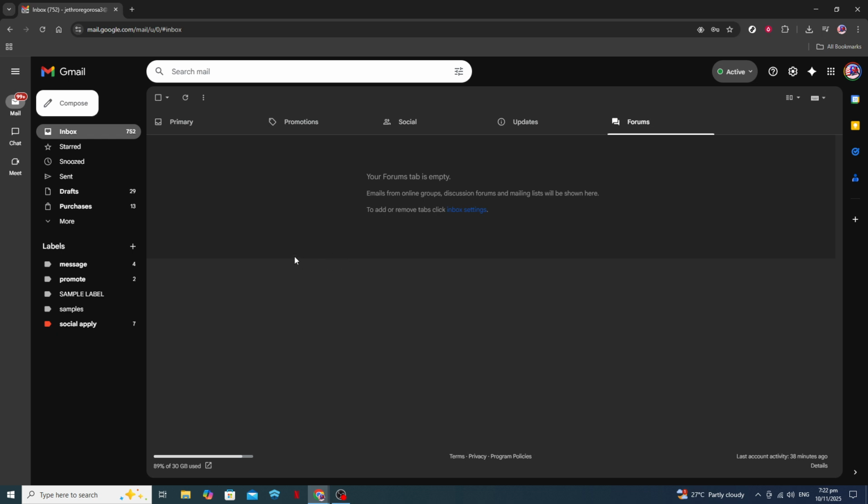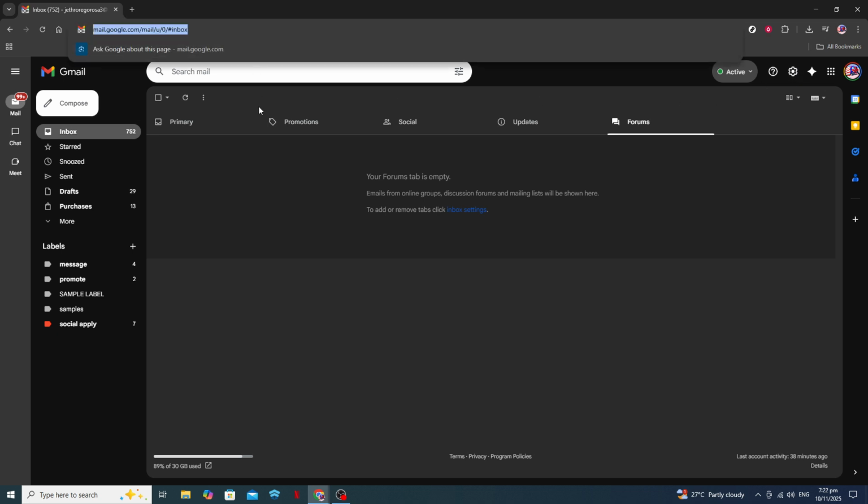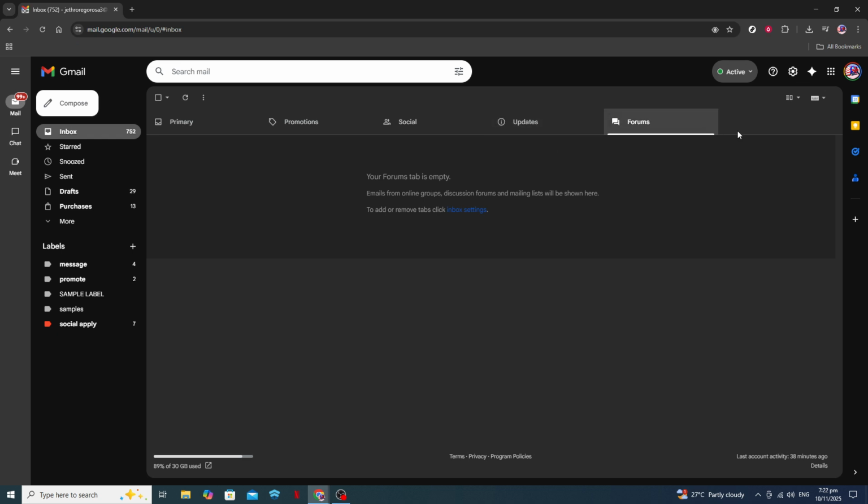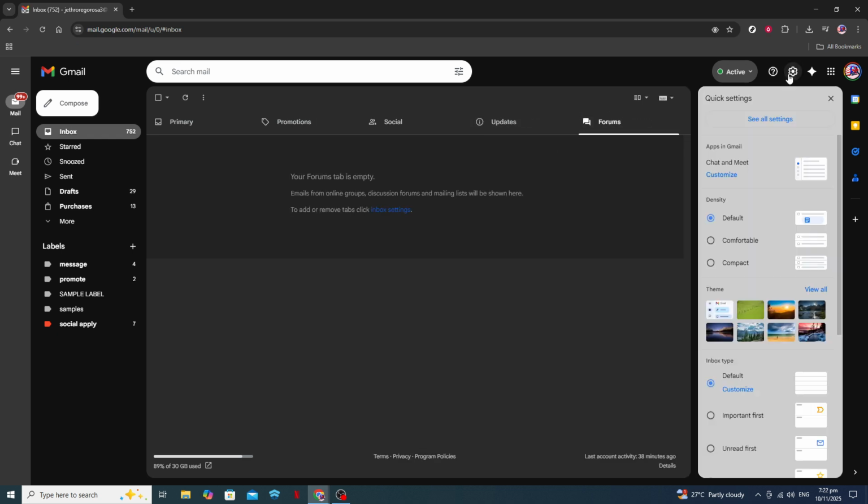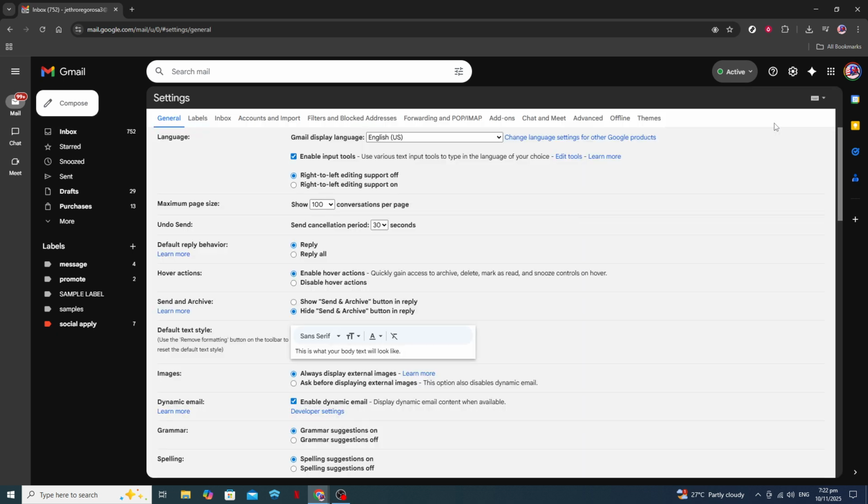First, you need to open your web browser and navigate to your Gmail inbox. If you're not already logged in, enter your credentials to sign into your account. Once you're inside Gmail, take a look at the top right corner of the screen for the gear icon, which represents Settings. Click on this gear icon, and from the drop-down menu, select See All Settings. This will direct you to Gmail's main settings page, where you can make the necessary adjustments to import your old